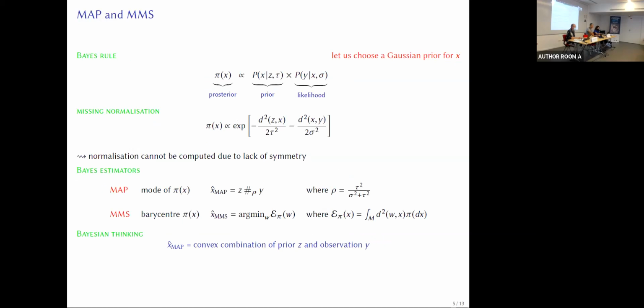So let's look at Bayesian inference. We want to apply Bayesian inference for the parameter x, the centroid parameter. My observation is called y and my parameter is called x. And of course, the first thing to do is to choose a prior. And not surprisingly, I will choose a prior that is also Gaussian. So my posterior density is the product up to a normalizing factor of the prior and the likelihood. And since they are both Gaussian, the posterior density looks like this. It's exponential of a combination of squared distances.